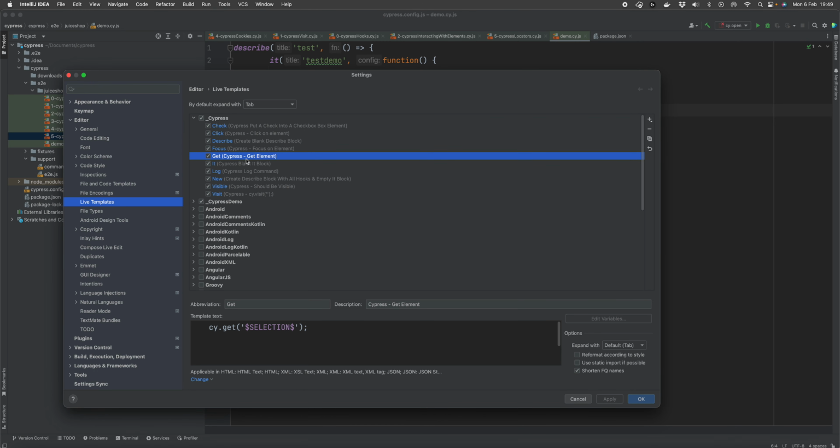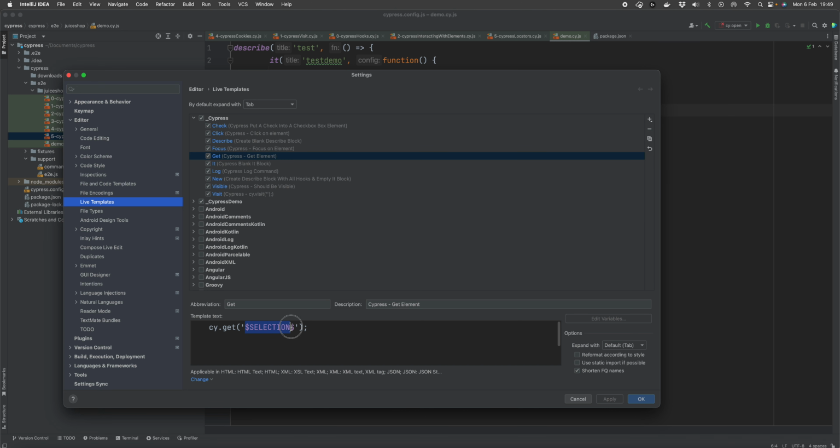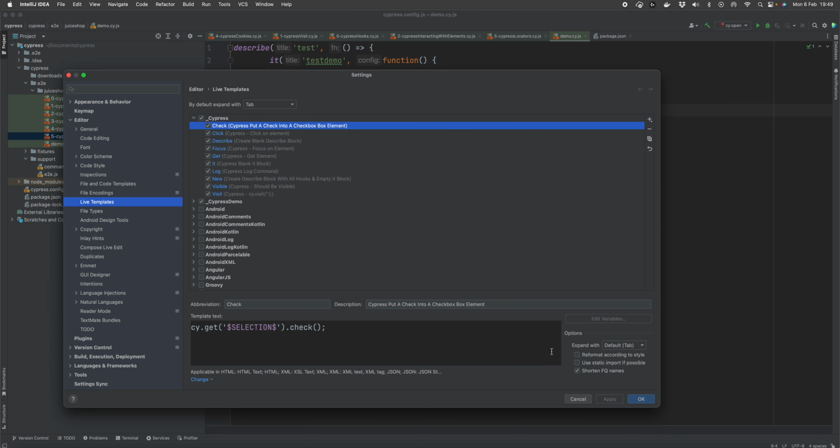So for example, this get command, change it to be this selection, and then each time you run these commands, you'll eventually learn what these commands are and how to structure them, and where you'd often use some of these specific things such as focus, click, or check if it's a checkbox. So that's just a really quick video ahead of the other videos that I want to create, which are going into more depth in creating an actual test and explaining it.